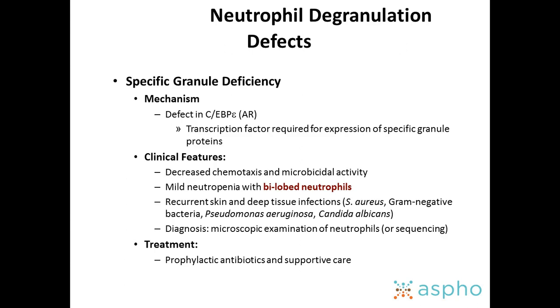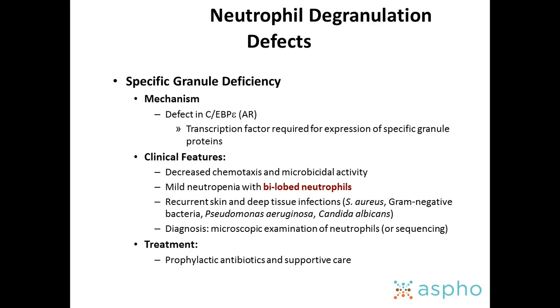All right, specific granule deficiency. So basically, if you don't have some of these transcription factors that are essential for creating granules, you don't make the granules. And if you don't have granules, that really impacts not just the development and differentiation of the neutrophils, but also their function. In the old days, the way you would do this would be to do electron microscopy, and you'd see that certain granule types are missing. I think we probably don't do that quite as much anymore.